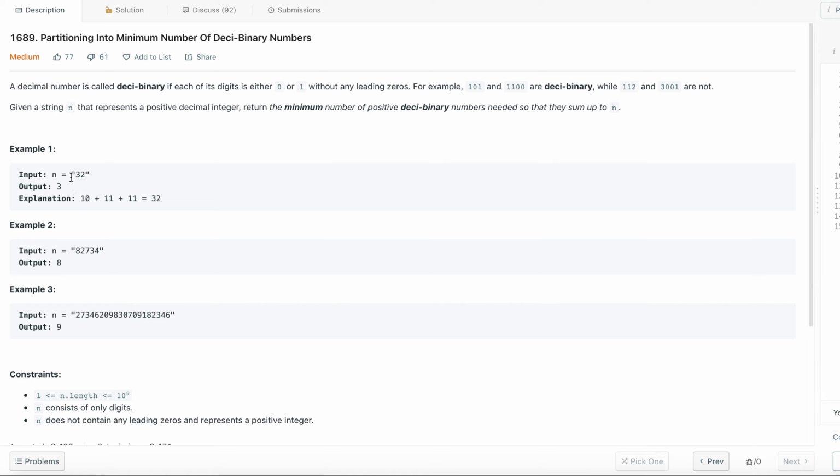So for example, n is equal to 32. Remember, the 32 is given as a string, not as an integer here, but we have to imagine that as an integer. So how many Deci-Binary numbers are really needed in order to get to that particular number? If you look at this example 1, the output is 2. So what are the Deci-Binary numbers that will sum up to